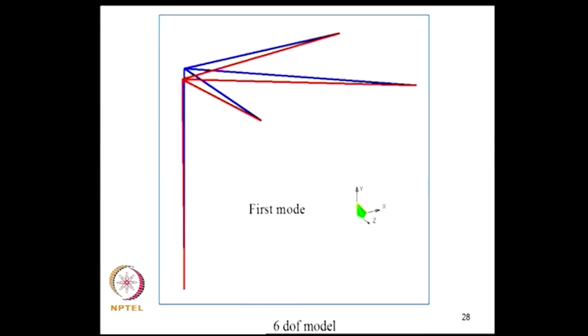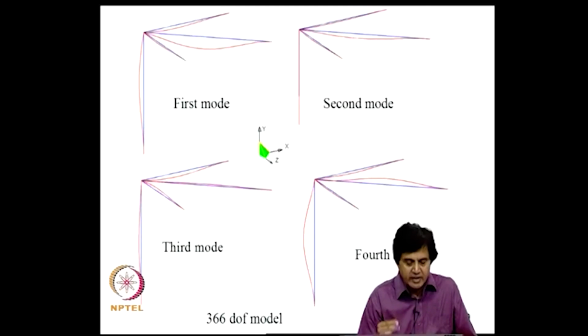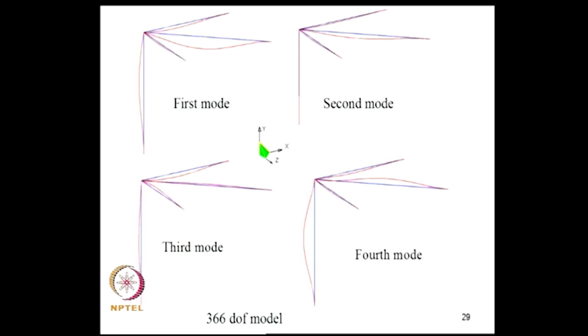So, this is some example of mode shape. The first mode shape I have shown, the red is the structure in its undeformed configuration, blue is the deformed configuration in the first mode. Now, this is a system with 6 degrees of freedom. To understand how good the quality of this mode shape is, a more detailed model was also made, and that detailed model had 366 degrees of freedom, and the first few mode shapes as per this model